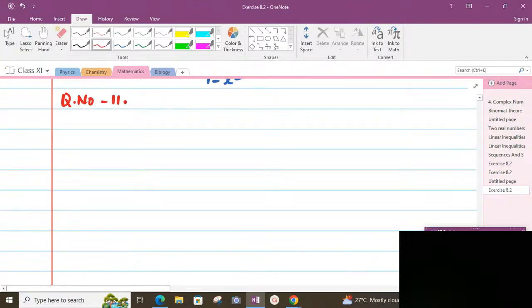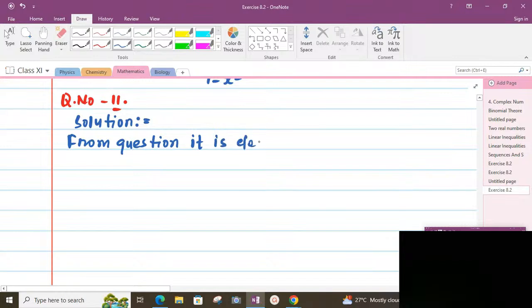Question number 11. Let's see the solution. From the question, it is clear that sigma is used for the notion of a sum. It will go from 1 to 11. It means that